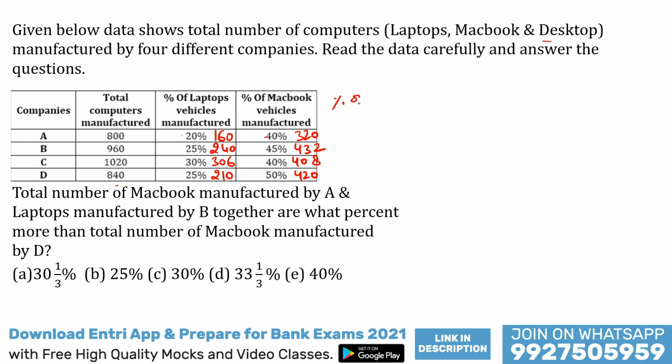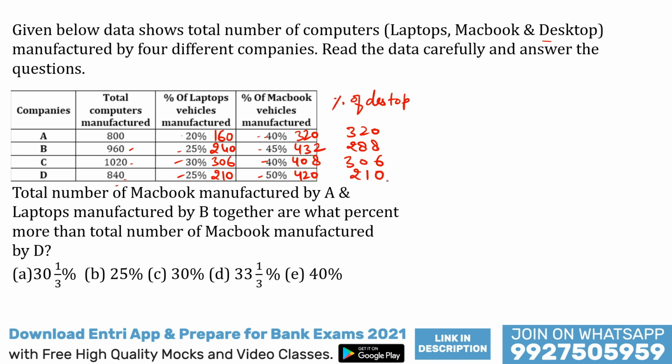desktop is also remaining. So percentage of desktop will be what, guys? 40 plus 20, 60. So 40% obviously. So here will be 320. 45 plus 25 is equal to, guys, 70. Okay, so 30% of this value will be what, guys? Your 288. Okay, in the same way, guys, 40 plus 30 is 70 and 30% of this value will be 306 and 25% of this value will be 210 obviously. So this is the data we have, the overall data.